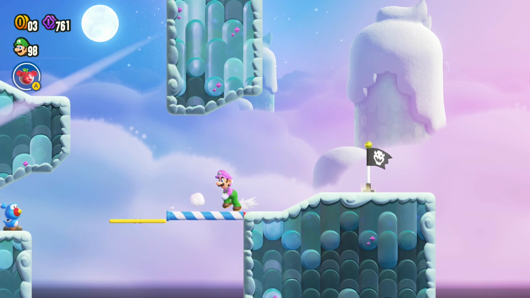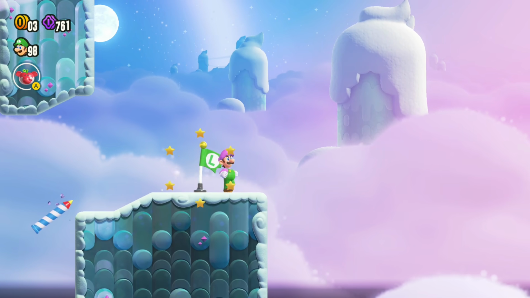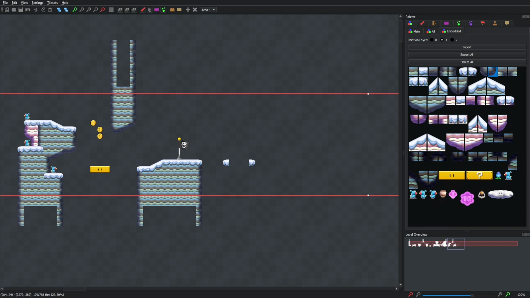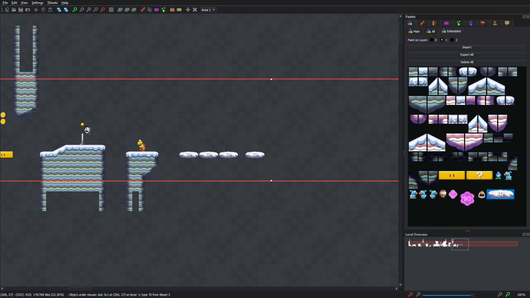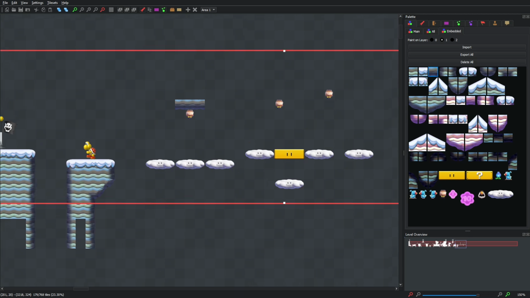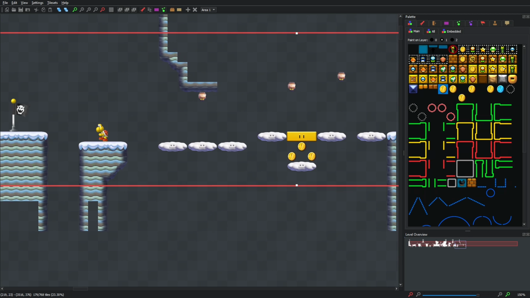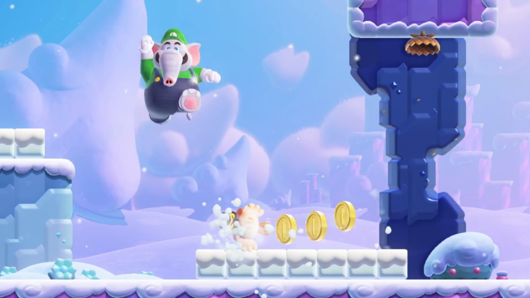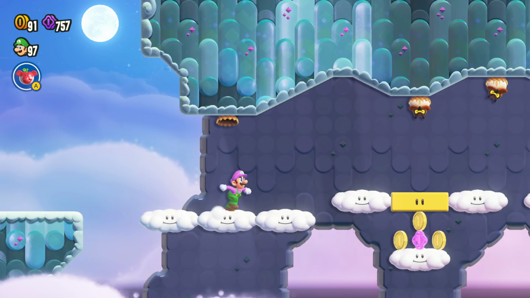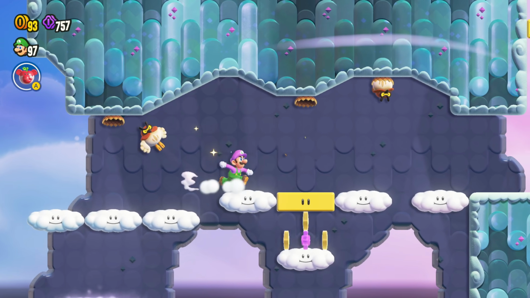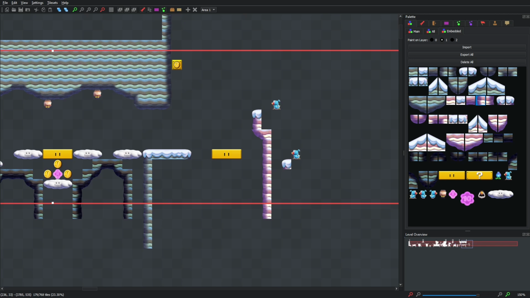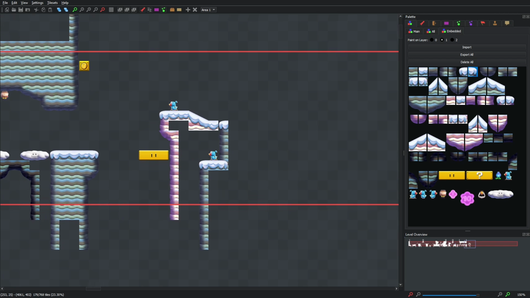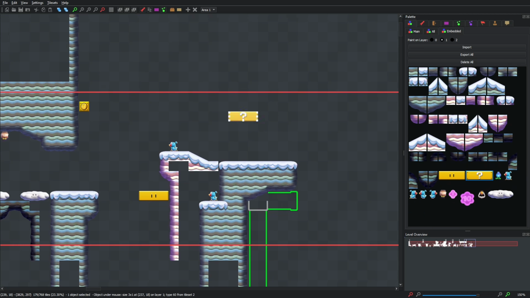At least the checkpoint object in Wonder is extremely simple, so after I placed that in, it was time to continue working on the level in Miyamoto. In terms of level design, I always like to sort of reintroduce the level's mechanics after a checkpoint in case the player died and respawned there, so they don't get thrown off. It also turned out that having these owl enemies have a trail of coins is extremely tedious to set up. So this owl in the middle here was the only one who ended up with a coin trail in the entire level. This semi-solid setup here had to be changed in the end because I couldn't have one bird go in front of the semi-solid while the other bird on top went behind it.